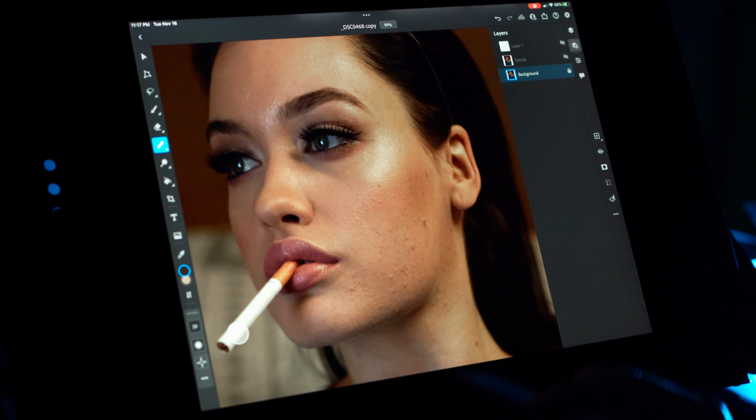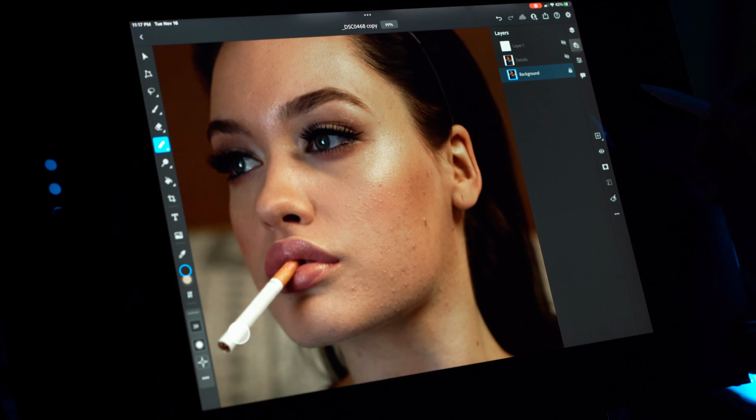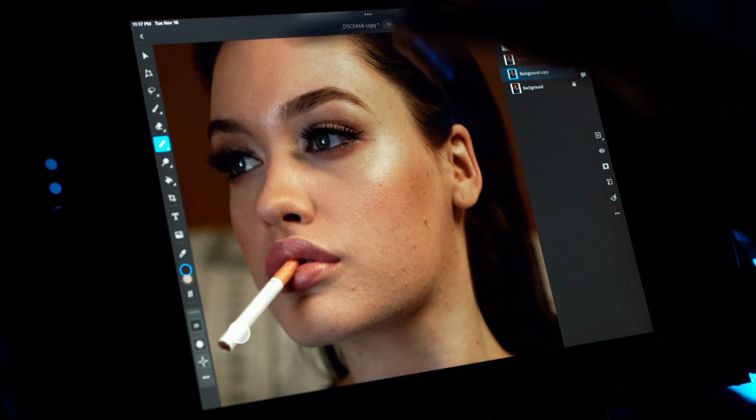Here we are in Photoshop, and this is the image that we will be working on. First off, we will have to take care of the details on her skin, getting rid of the pimples, the blemishes, etc. For this, let's make a duplicate of the background layer by tapping on the three dots and selecting